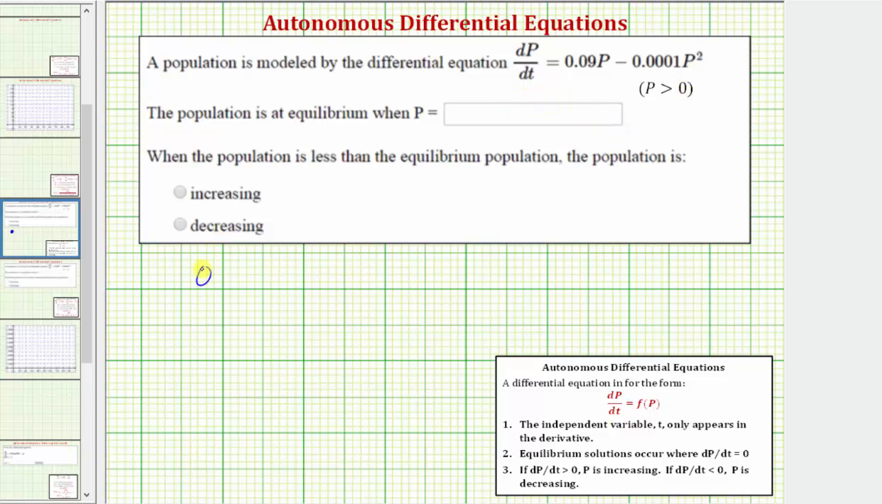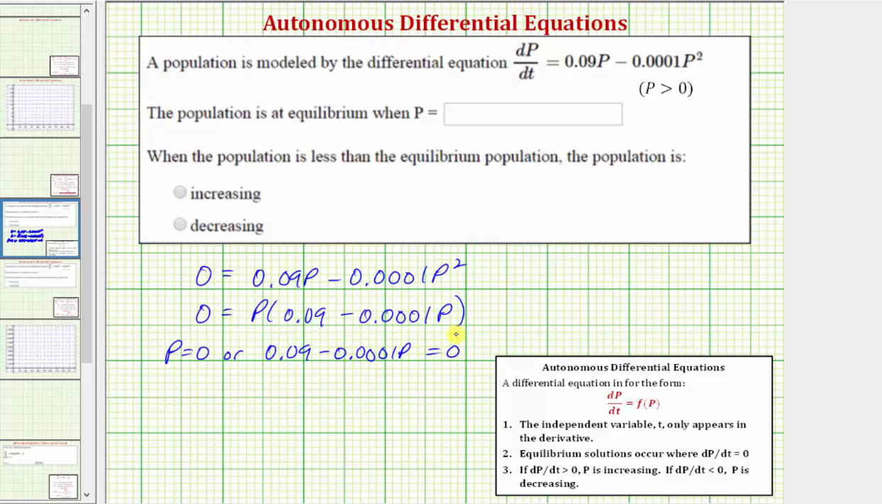So we'd have 0 equals 0.09p minus 0.0001p squared. Notice how the right side is factorable. Let's go ahead and factor out the common factor of p. So we'd have p times the quantity 0.09 minus 0.0001p. So this product equals 0 when p equals 0, or when 0.09 minus